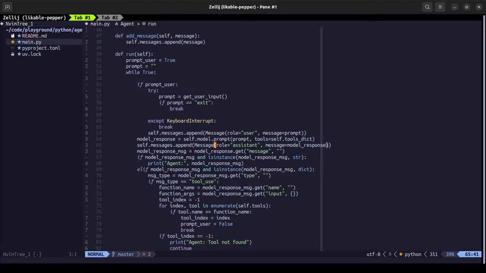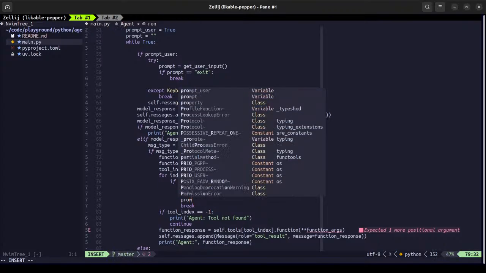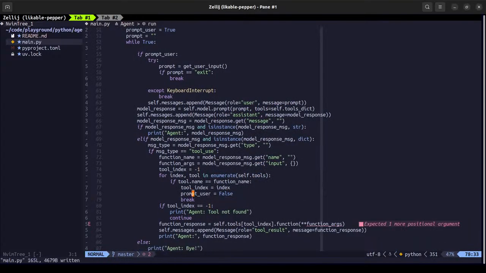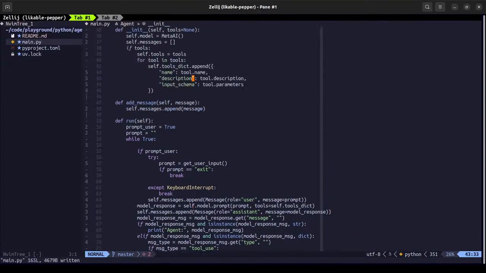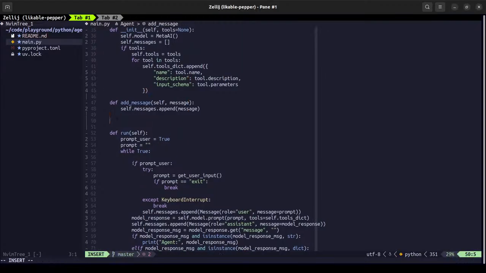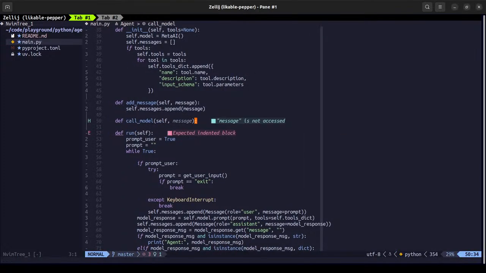When that is the wrong thing to do. And actually, let's add one more method called call model, taking the set, and let's not call the message even.